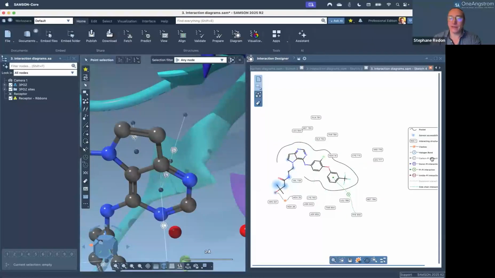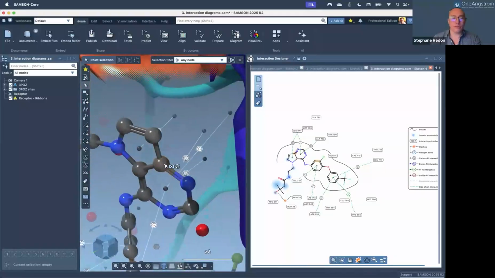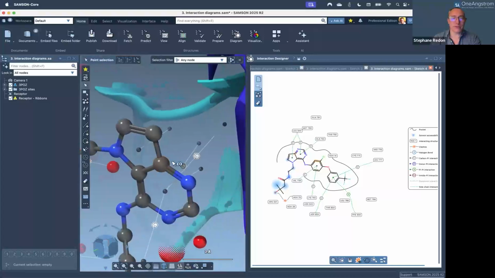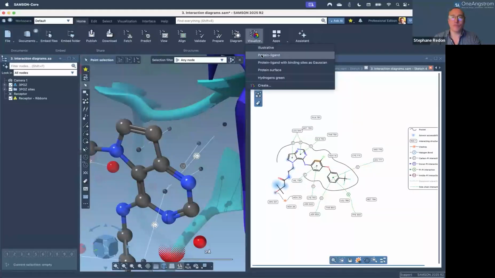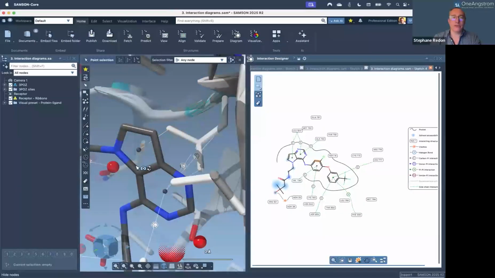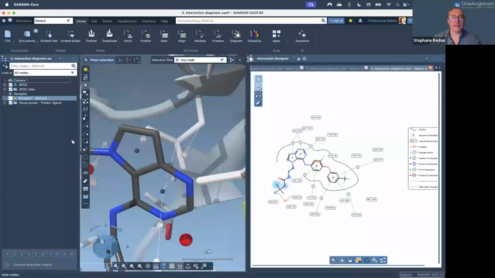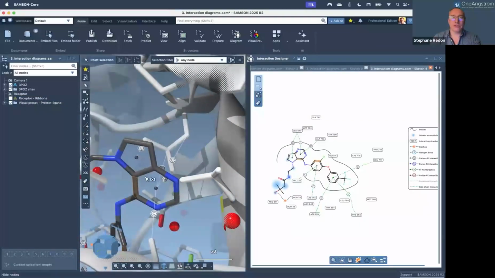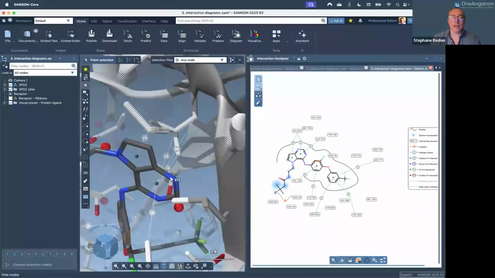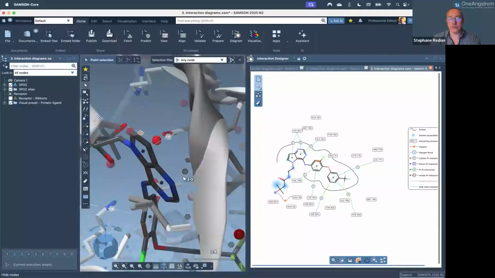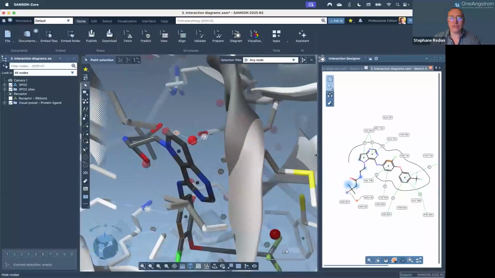I could hide them both in 2D and 3D, to focus on which interactions I want to analyze. By the way, I could also apply a visual preset here in Visualize, protein-ligand, and then I would hide this, so that it would show me also the side chains of the interacting residues in the binding site. So if you don't know this, just a brief